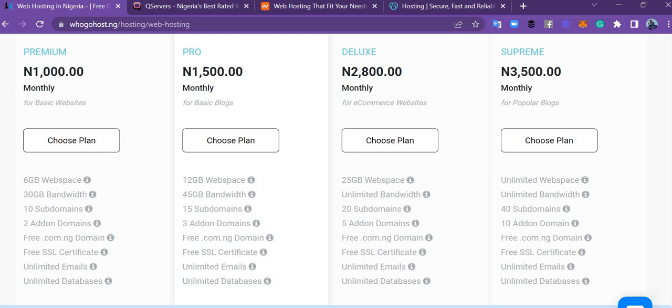So now you understand what a subdomain is and what add-on domains are. So for the 1.5 plan, you have 12 gig web space, 45 gig bandwidth. Now, what does that mean? You can't just keep adding websites. It depends on how much traffic you are expecting